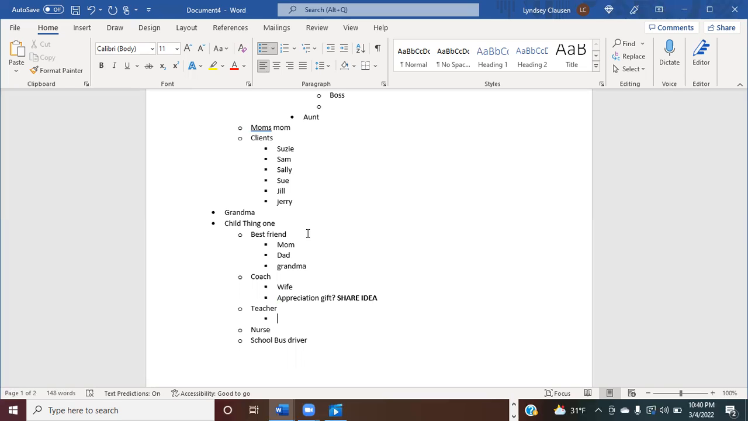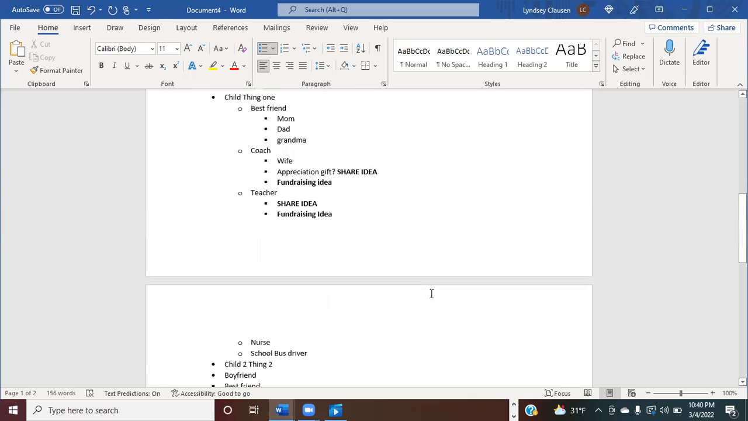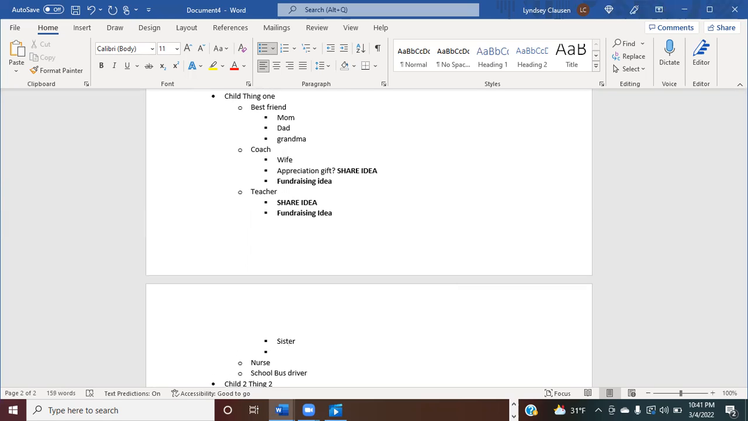Teacher. Right off the bat, I'm going to put Control B, share idea, fundraising idea. This can also come up to share idea. You can also go up to coach again and put fundraising idea. Once again, hit Control B to get bold, hit Control B to get rid of bold. All right, teacher also has a sister. Teacher also has a colleague. Teacher also has a share in teacher's room, question mark, Control B,